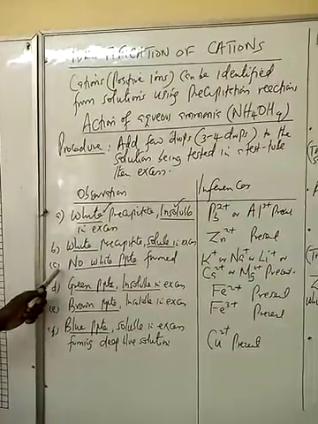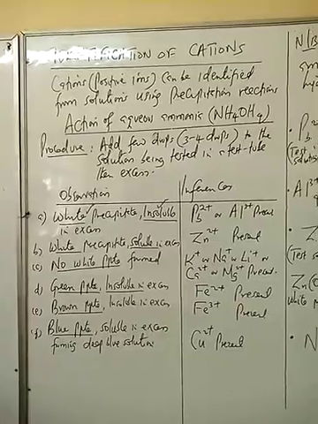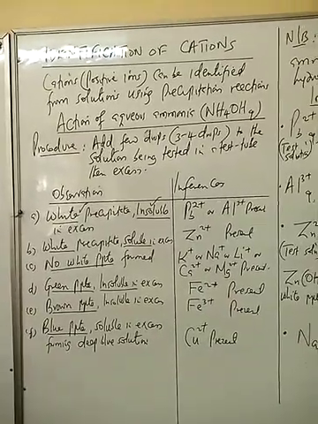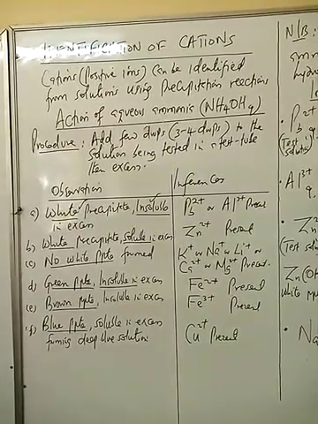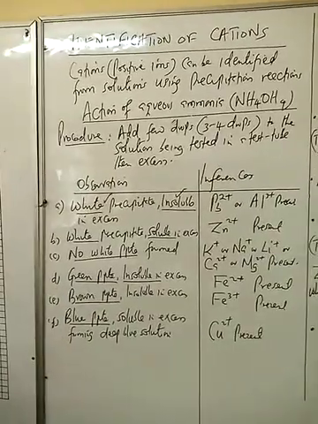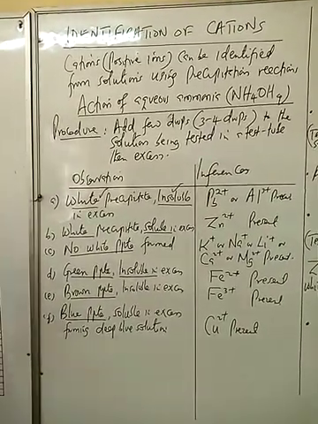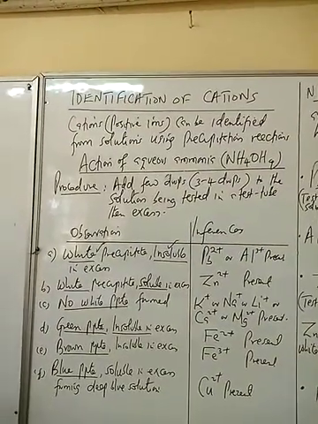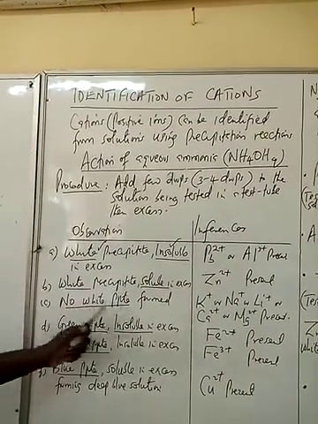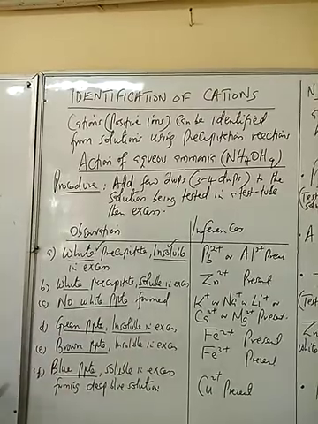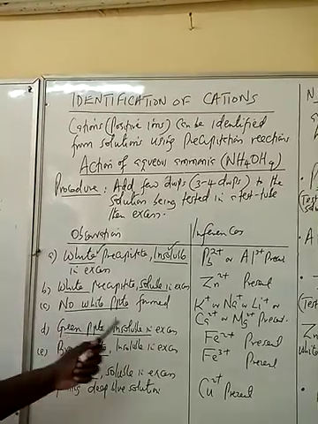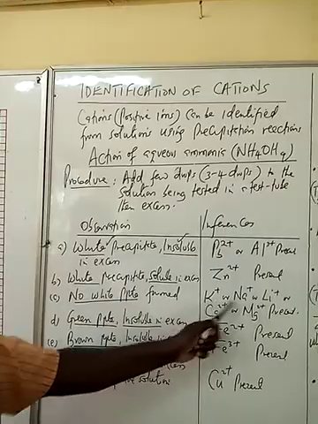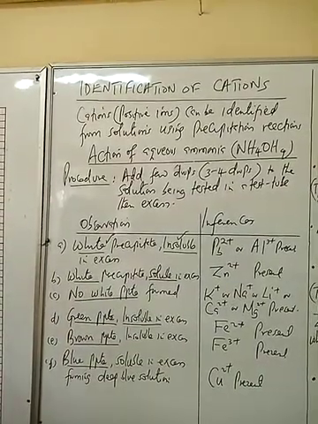If you get no white precipitate, you add a few drops and you add excess, you don't see anything happening. Don't write no observable change. No observable change is nowadays not accepted in the exam. You write no white precipitate formed. And if there is no white precipitate formed, you infer the ions of the alkali metal, that